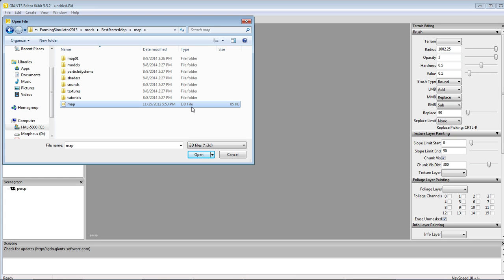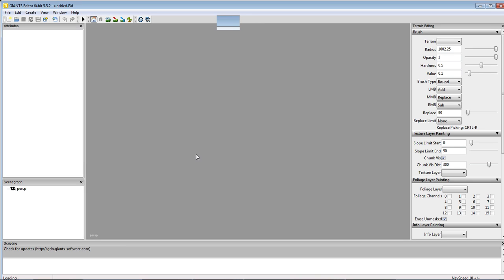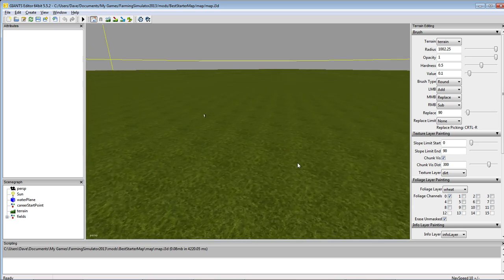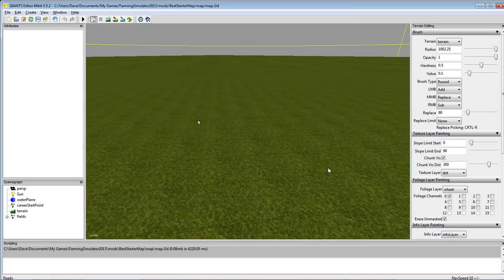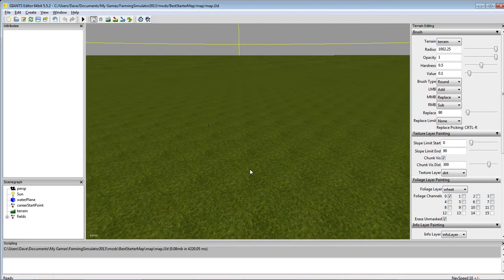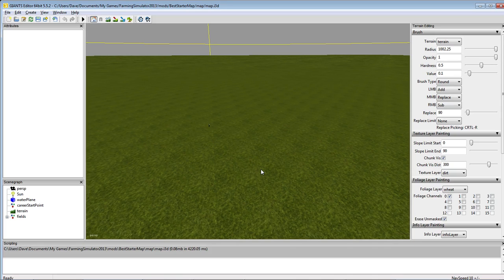So what we're going to do is go ahead and open that one. Now depending on how fast your computer is, it should open up pretty quickly because it's a pretty basic map. Alright, and there's our map. This is the map. Just make sure you have all the updates and everything for the Giants editor before you open this up. Now, the first thing I'm going to show you, because I'm making a small revision to this map,